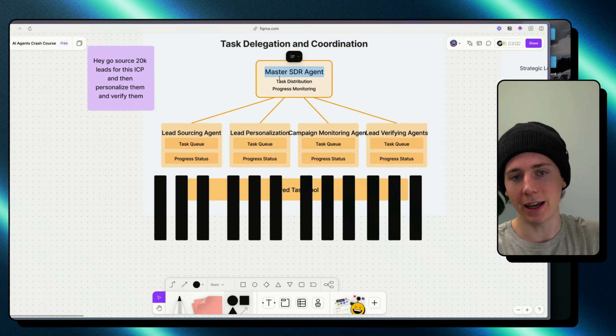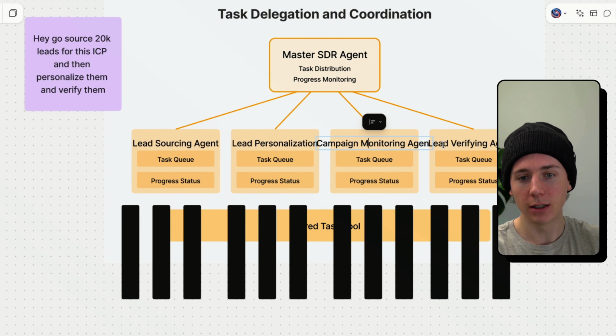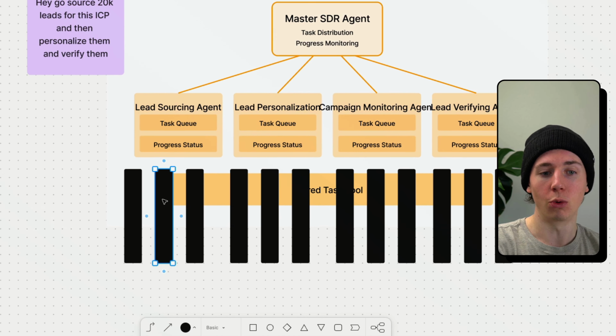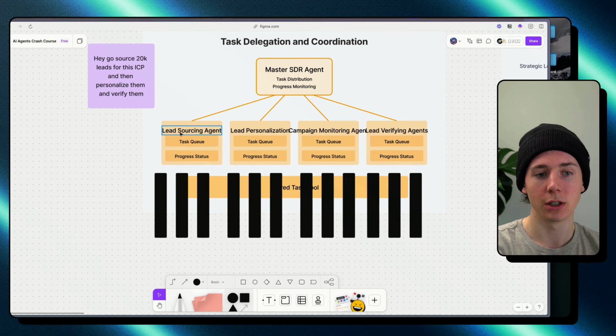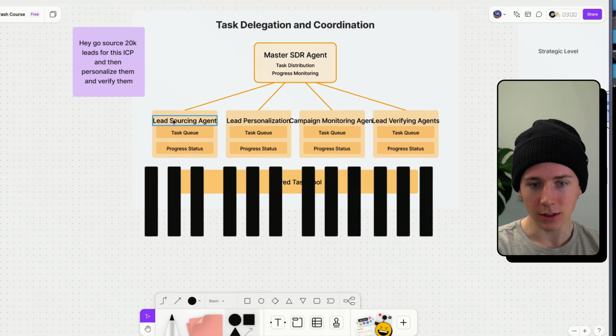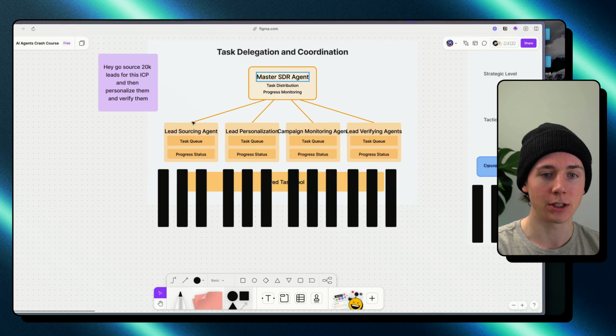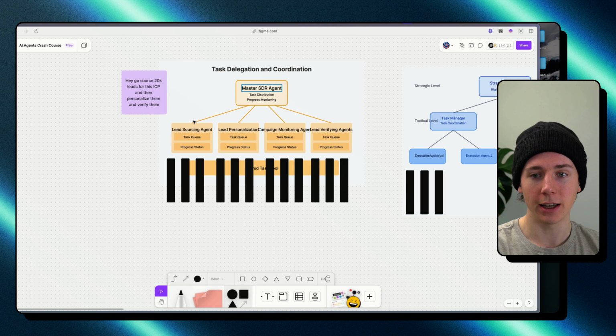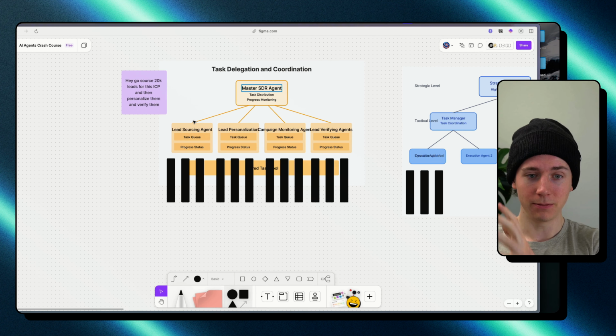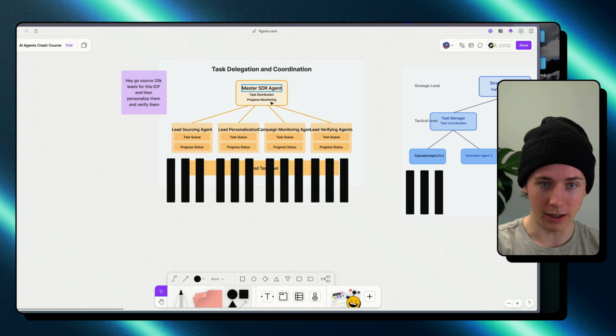So if you say this is the SDR agent, what hats do they wear? And then what are the individual workflows that help you accomplish that hat? And then now you understand all of the workflows to build out, all of the agents to attach to those workflows, and then the one master agent to attach to that. And then let's say you want to automate marketing next. Then you would automate,